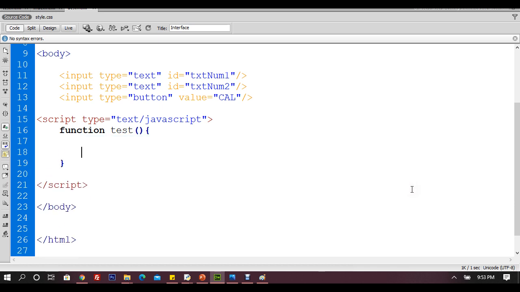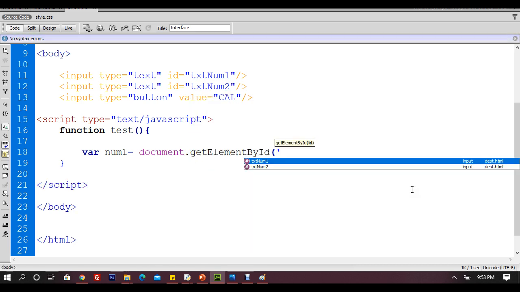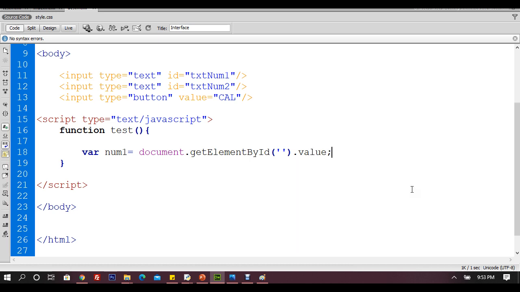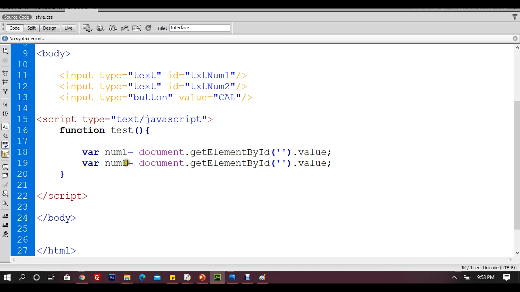So what I can do, I can say var num1, initialization will happen at the same time, is equivalent to document dot getElementById 1 dot value. I want to get the value of txt box 1, and I want to get the value of txt num2. So I'll take txt num2 here, and I'll take by id txt num1 here. So I can say on click,